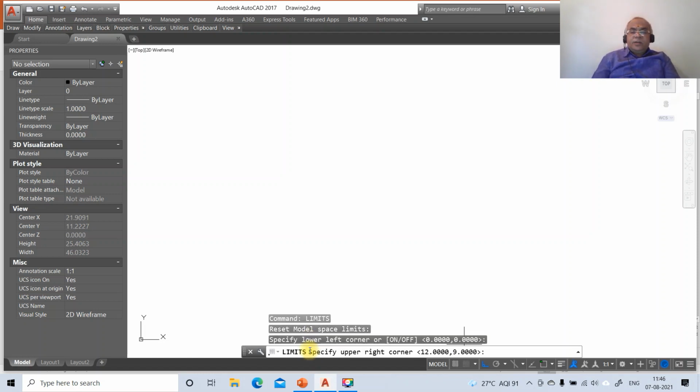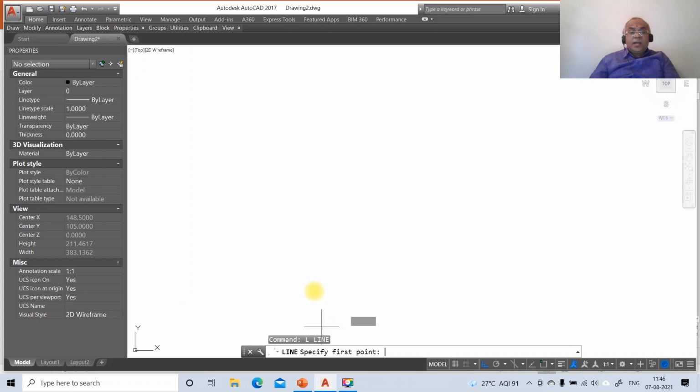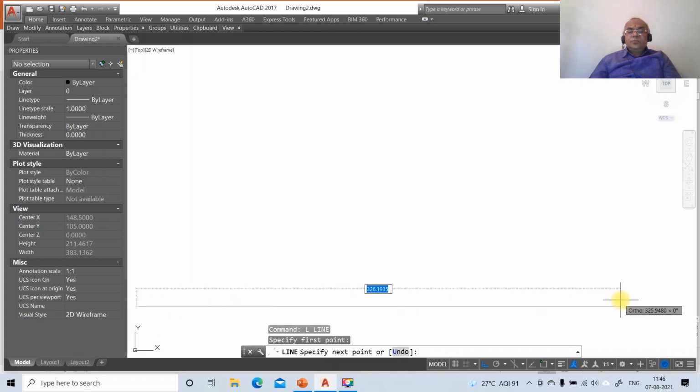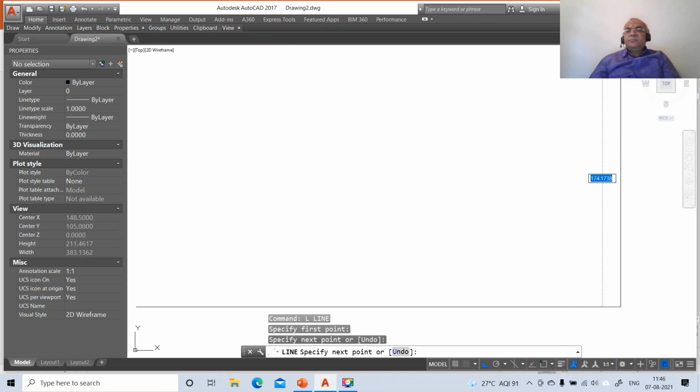Here by default your left corner is 0, 0, and for the upper right corner you take 297, 210, then zoom on. Then go to line, select some arbitrary point, click the first button of the mouse and drag the mouse towards the right side, take some distance and click, and then drag the mouse to the top side, take some distance and click.